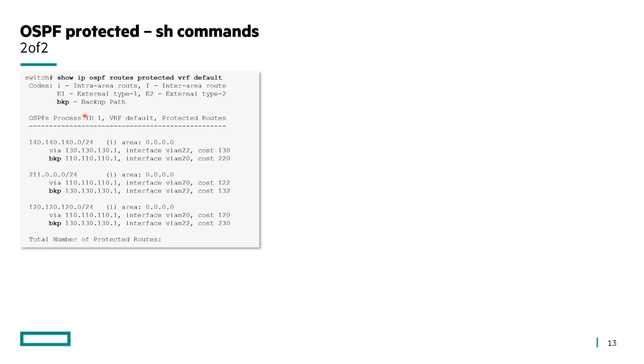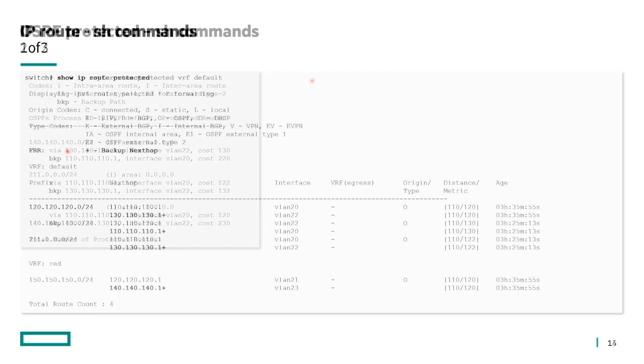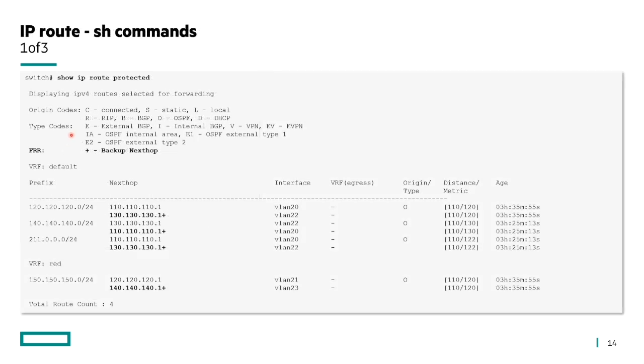And finally, show IP OSPF routes protected VRF default, and that will give you all the protected routes in the default VRF. So on to the IP route command. So show IP route protected is also available for the RIB, and it will give you the originating protocol that's captured those next hop routes. In this case it's OSPF as the origin type for the